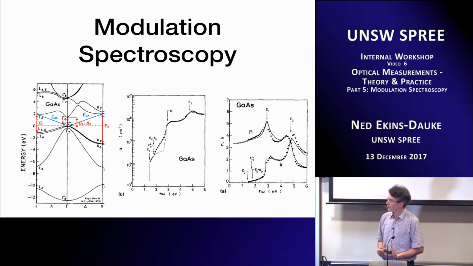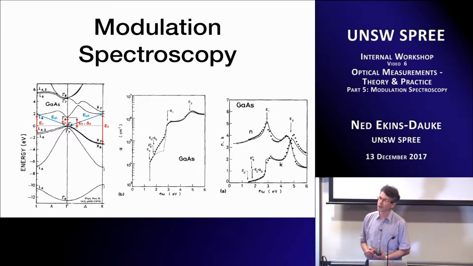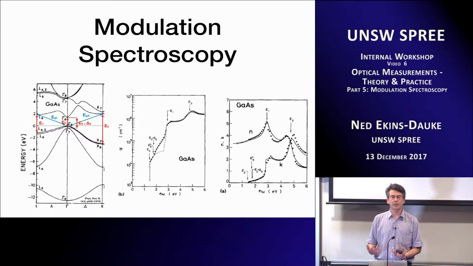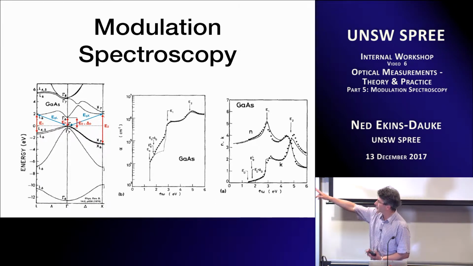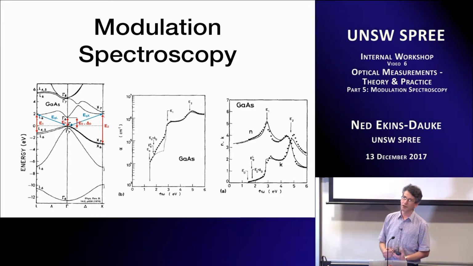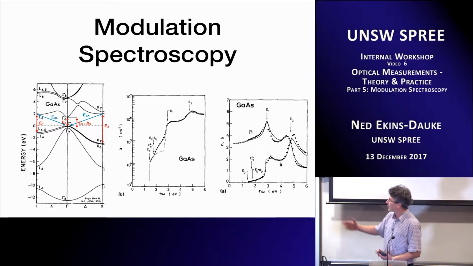And it's quite possible that when I showed you this gallium arsenide absorption coefficient with those little arrows on it, you thought, okay, that's nice, you fitted a model to your data. But the features there aren't very strong. I mean, there's a kind of slope there, and I'm suggesting that there are 3 electronic transitions responsible in that slope. And even when we look at N and K, it's not that obvious that there are actually